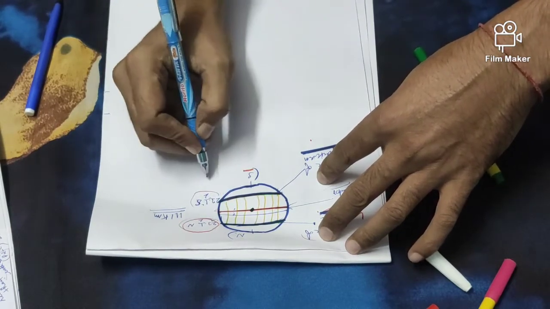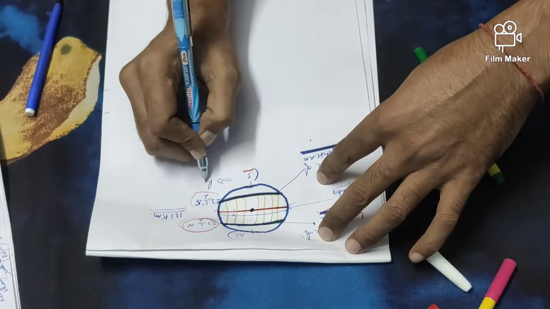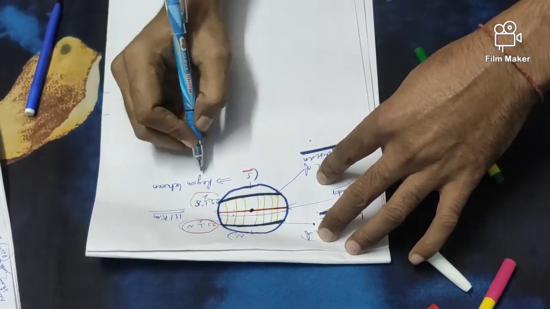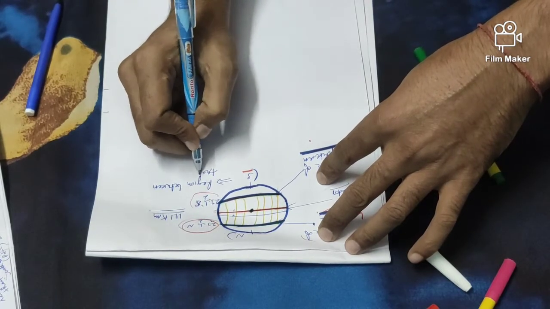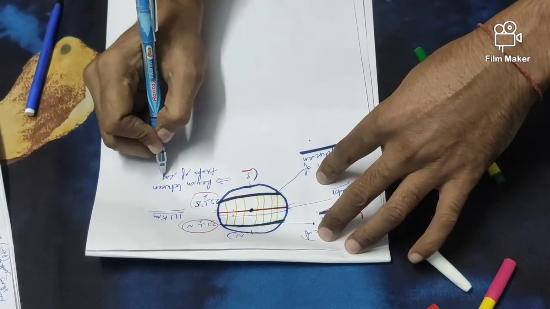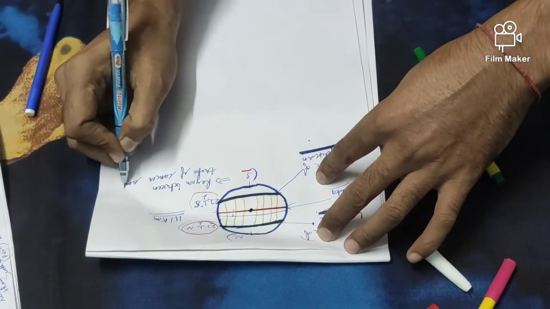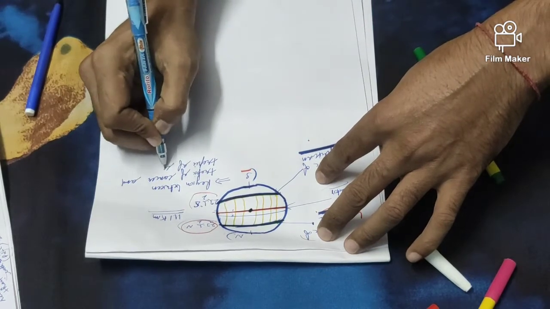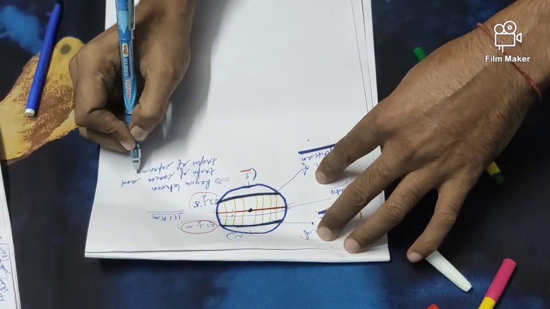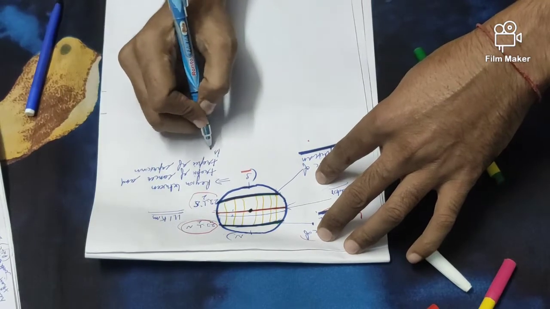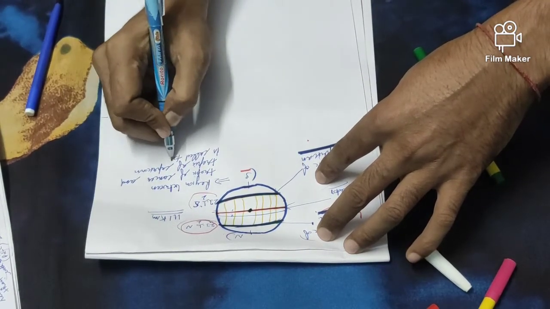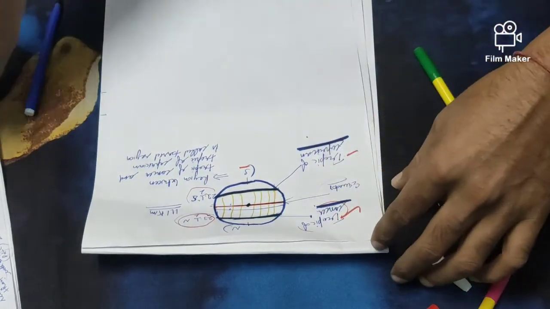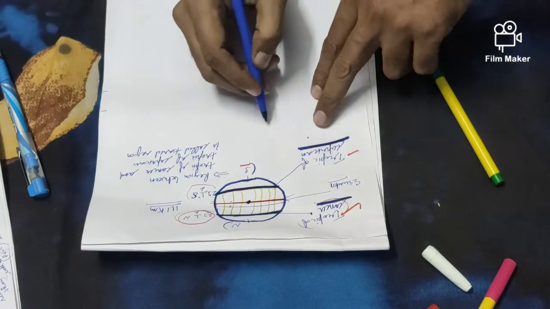So a region between Tropic of Cancer and Tropic of Capricorn is called Torrid region. Okay, I will draw again here the diagram, like